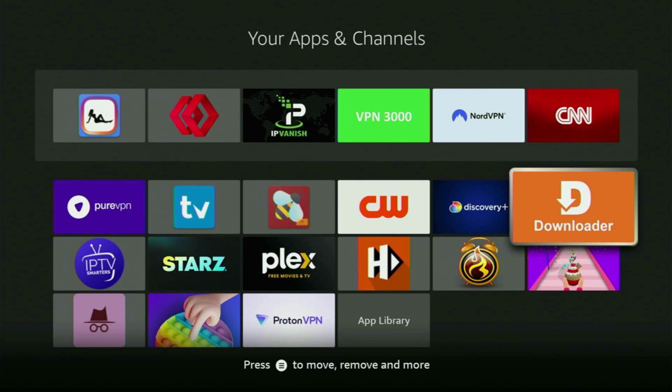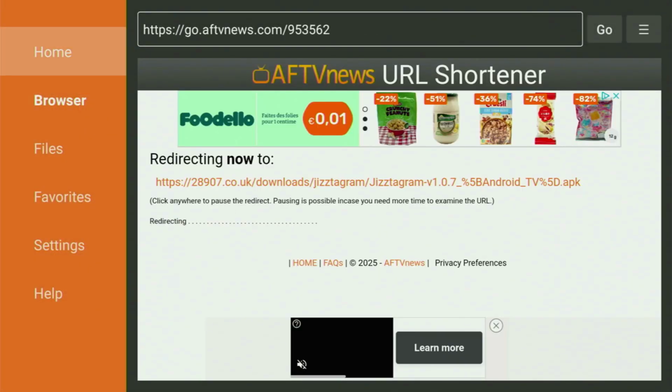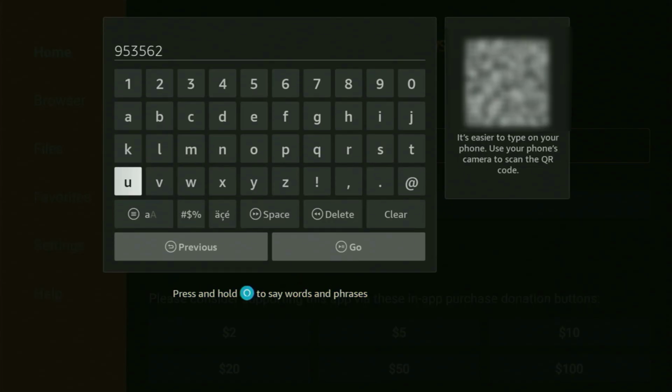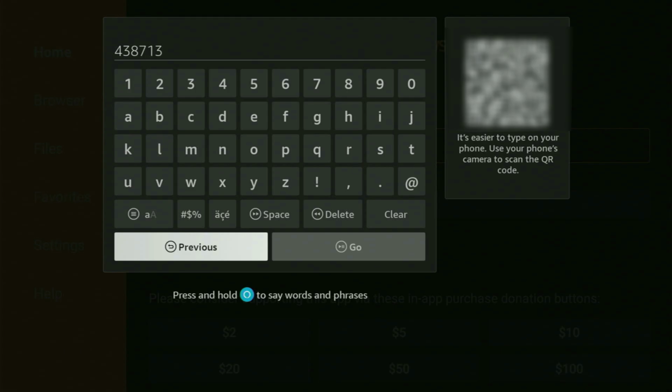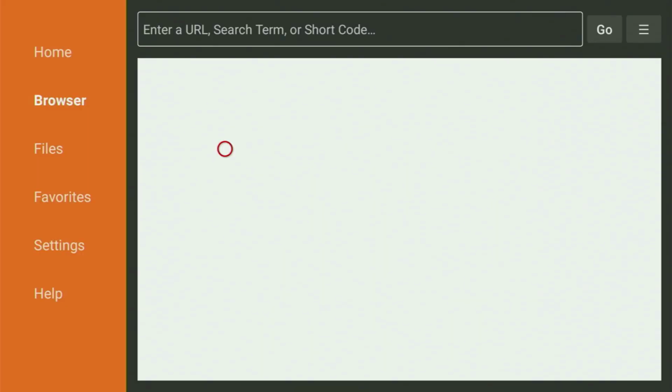We're gonna get you even more apps. Let's head back to Downloader, click on Home again, get rid of the previous code, and now the following code we'll be using is 438713. So once again, 438713, that's the code for the third application today. Click on the Go button,